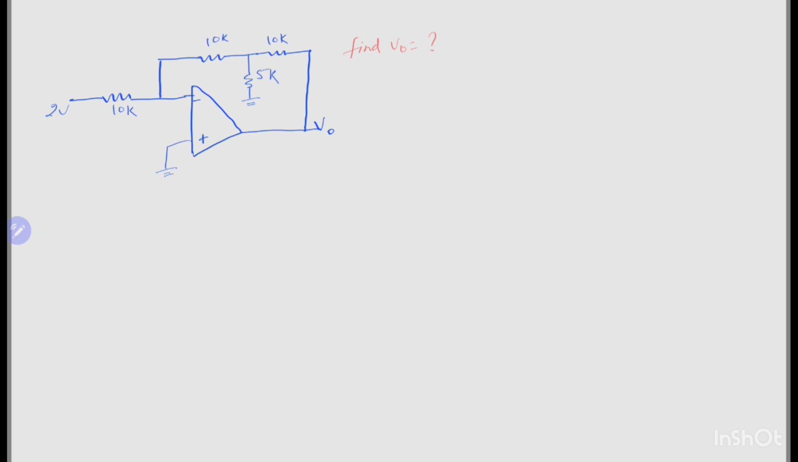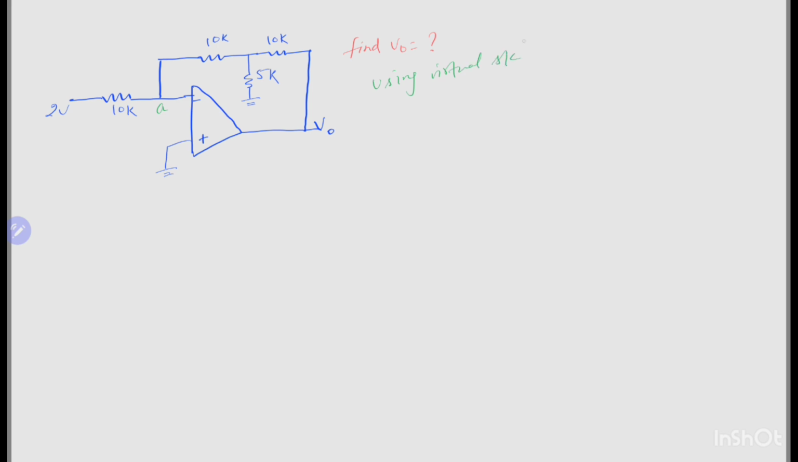ये जो नेटवर्क है हमारा, ओपैम्प है विद द फीडबैक, और this is a negative feedback op-amp. Hence here we have to know that the assumptions are: internal current at the inverting and non-inverting terminal will be zero, and the virtual short circuit concept will be utilized at the node A. Using virtual short circuit,